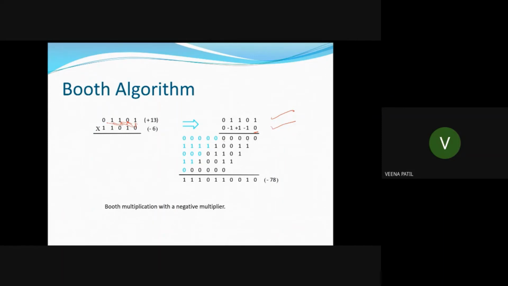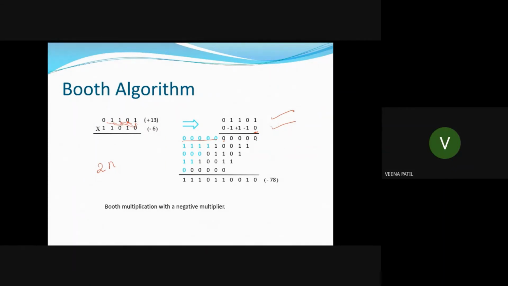Now how about the remaining bits? How many bits will the answer have? We are going to get a 2n-bit product. So for the remaining 5 bits, I am just extending the sign bit. That is, whatever is the last MSB bit has to be extended to occupy the remaining bits in the product. Okay.